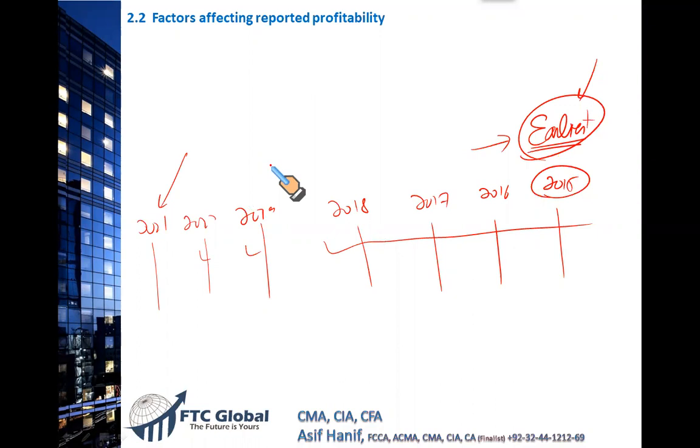Exactly. So for us CMAs, we don't have to be worried. This is the domain of CPAs. But what if, Yusuf, you're working as a CFO in a firm or chief accounting officer, even if you are a CMA, then you will be in trouble. Then finally,